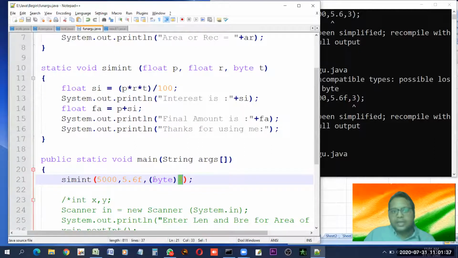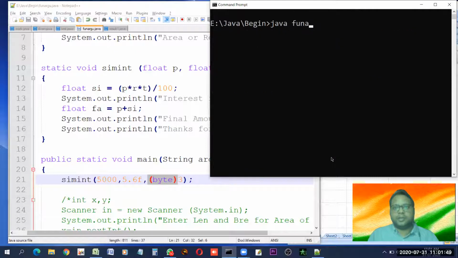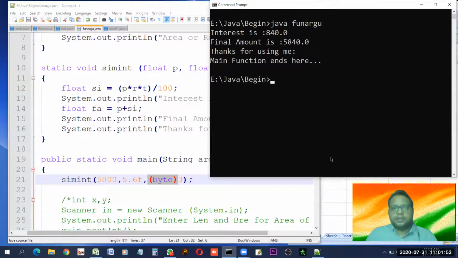So we are explicitly casting it, converting it to byte data type, and now it has no problem with that. Now run this. Interest is 840. Final amount will be this. Thanks for using me. Means the interest function and main function end here.